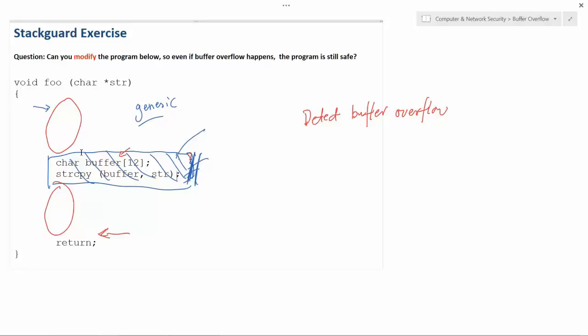Okay. Well, the problem is that they're setting their address to jump to their malicious code. Yes. So would you be able to save your address at the beginning? That's a very good direction. That's why I said I like to hear some idea. So the idea is if we can save that return address somewhere, and then before we do return, we compare this, that is going to work.